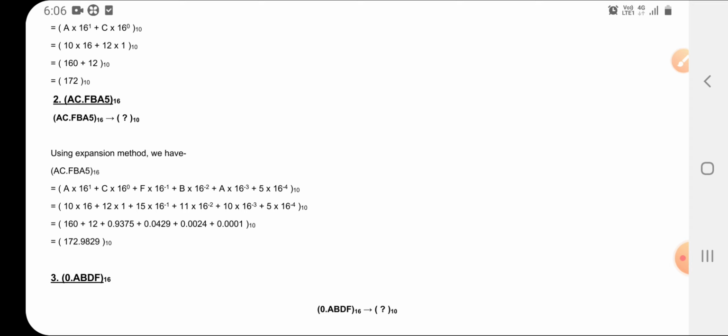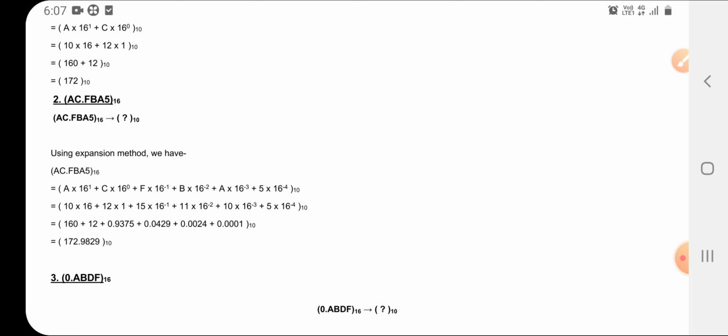Then you write the value for A, B, C: 10 into 16 plus 12 into 1 plus 15 into 16 power minus 1, 11 into 16 power minus 2, 10 into 16 power minus 3 plus 5 into 16 power minus 4. Then you substitute the value for the fractional part. So 10 into 16, 160 plus 12. Then 16 power minus 1 is 0.0625. Okay, you can also find it on your own. Then here you have to multiply, that is F means 15 into